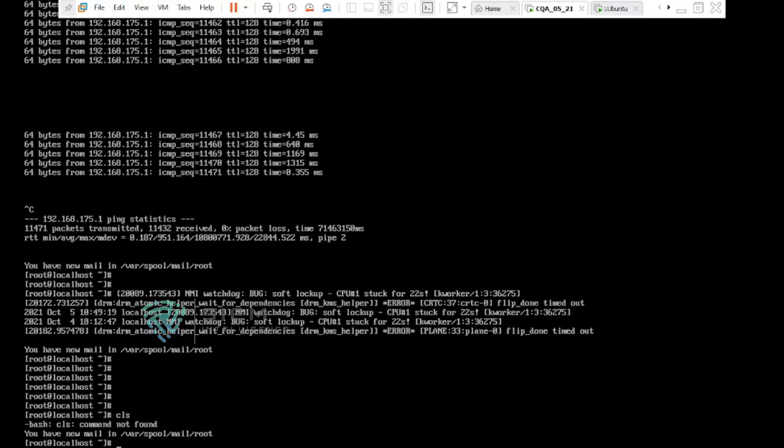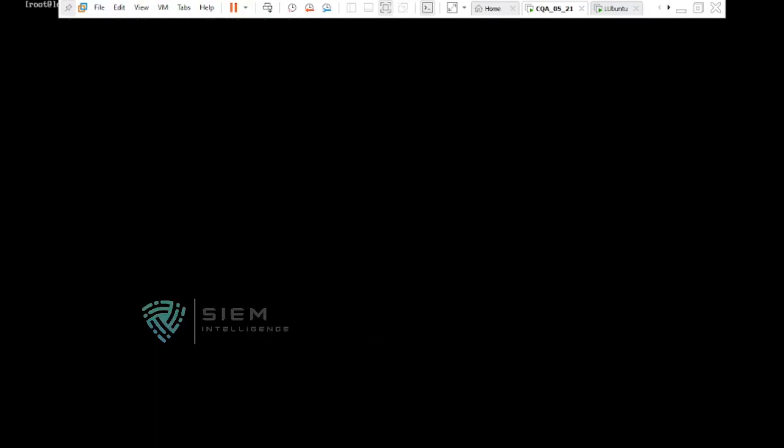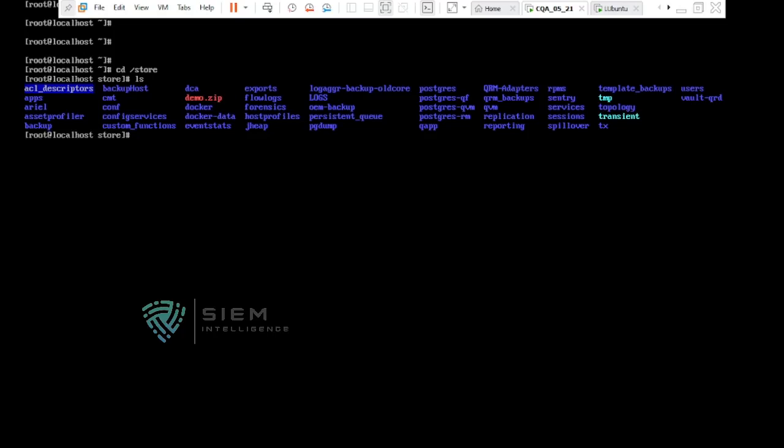I'll clear. See, I'll go to that particular store location and type ls. When I do ls, you will get something like red. I told you blue is a folder, white is something, this blue is a soft link, like that. Red may be some compressed file. If it is red, it is always a compressed file. So you unzip it by using the unzip command. Unzip is a command. By using this, just do unzip.